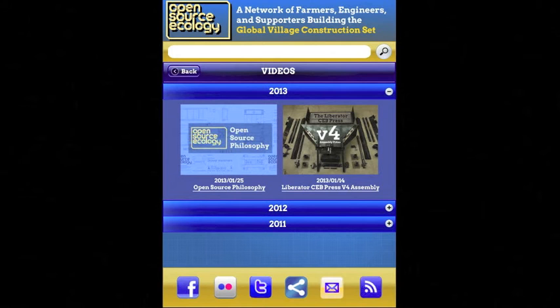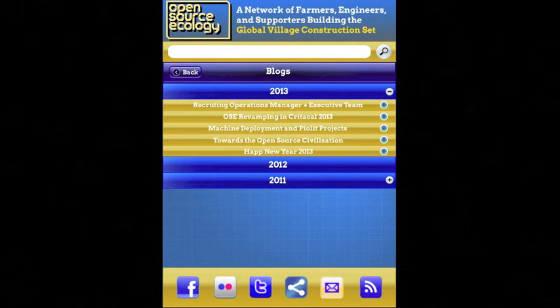Now, let's click on the blog page. If you notice on this page, I did incorporate almost exactly what the videos page did. I sorted the blogs by using the year they were created. They are also in a drop-down list to conserve space and make the site feel less cluttered. Within those drop-downs, you will see the names of the blogs created. When you click on one of the links, it will open a new page showing the entire blog created.